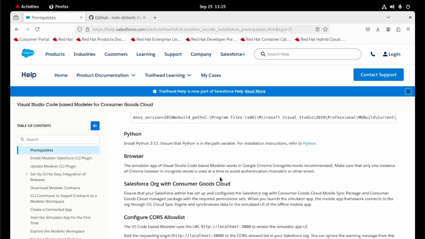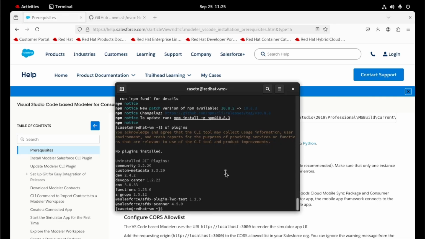Now we need to install the Python version 3.11. Okay, to do that, we need to do the following command: sudo dnf install python 3.11.